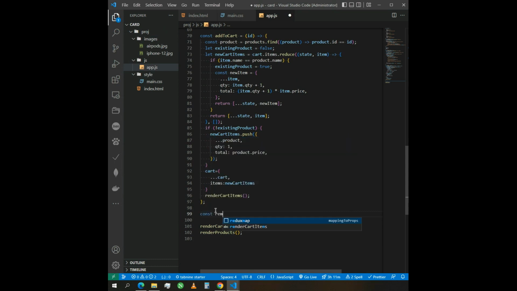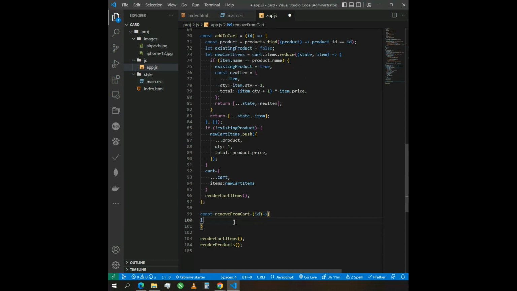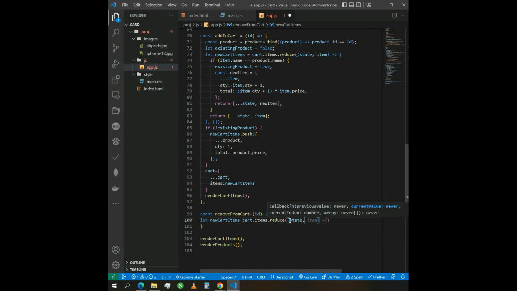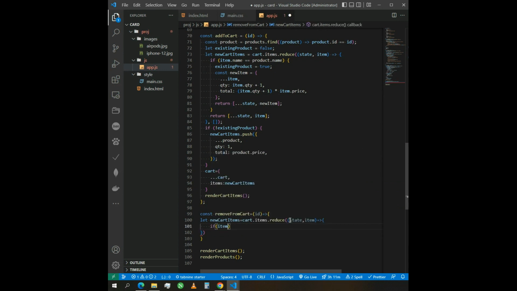So const remove from cart, and so we have id, so let's new cart items and cart dot items dot radius, and we have state and item, and if item dot id is id